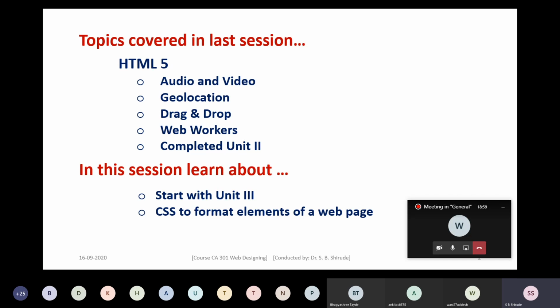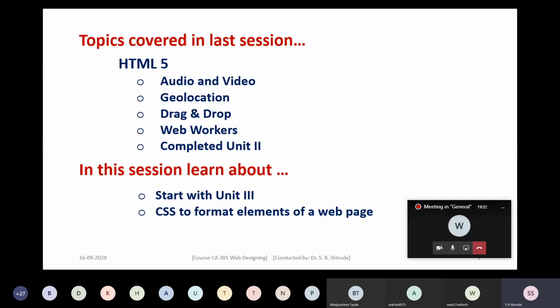You know how to code for including audio and video elements in the web page, how to use the geolocation feature, drag and drop features, and how to make use of web workers. So these advanced features, along with the other elements like designing forms and making use of text, links, and images, we covered in the second unit.